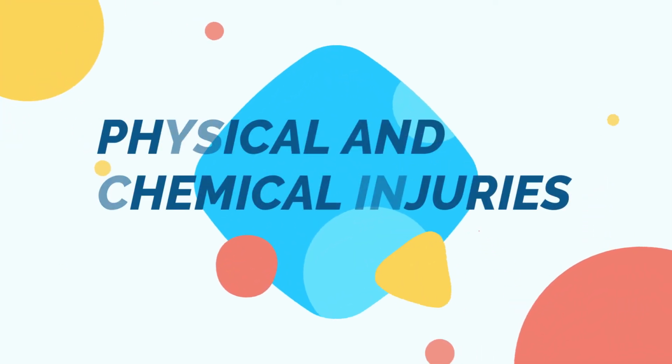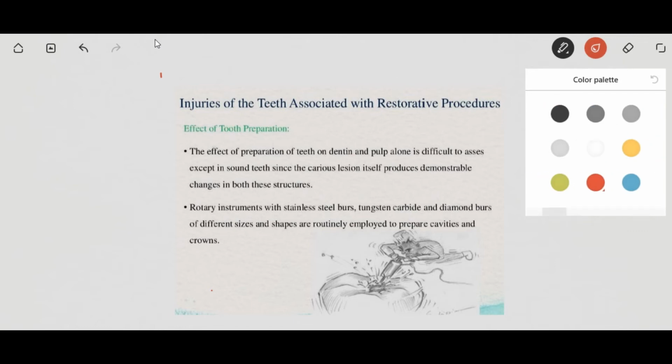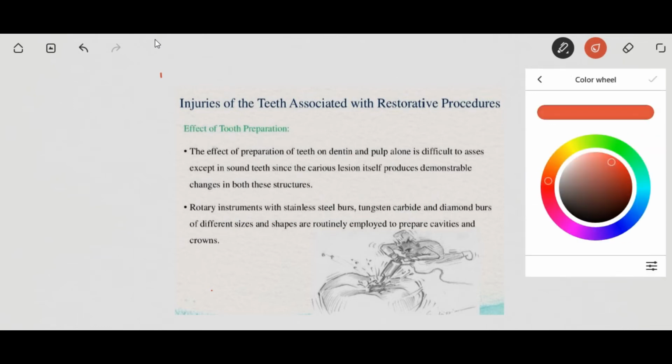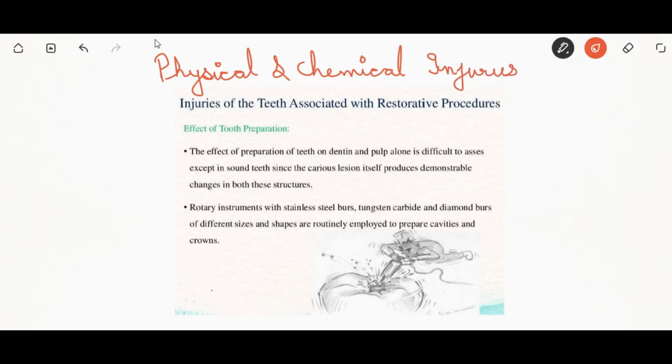Now let us discuss the physical and chemical injuries of the oral cavity. So in this chapter we will discuss the injury of tooth that are associated with the tooth preparation, what are the effect of restorative material, effect of cement base, cavity liners, varnishes and primers, effect of cavity sterilization agents, what are the physical injuries to the teeth, to the supporting structures, to the bone,